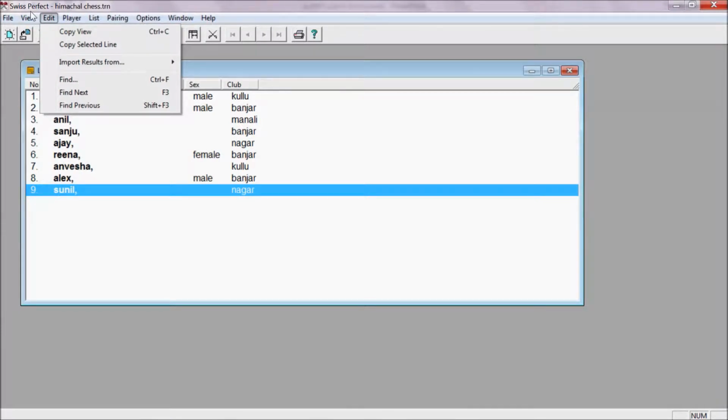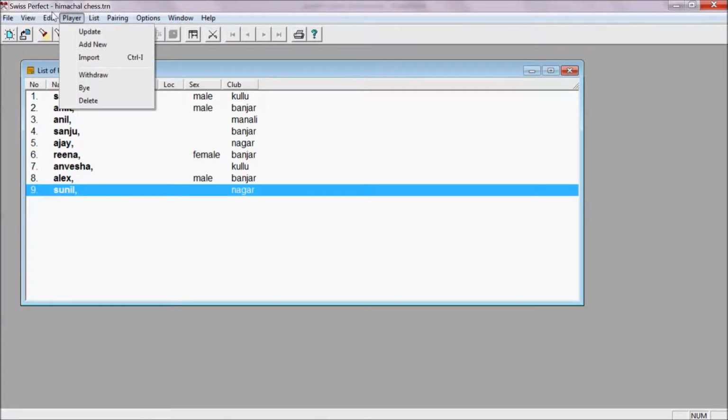It is not so important an option. I'm going to the next option, player. For example, we have input 9 players, and already inputted those players, and now a new player comes and says that I also want to play this tournament.